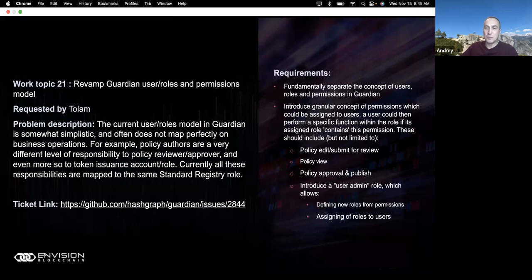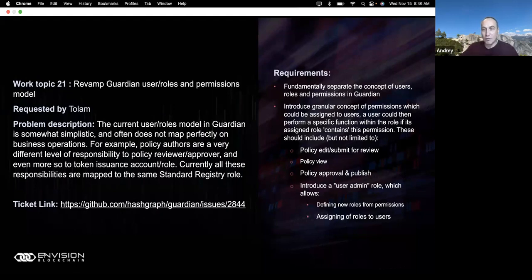Mostly what we need to do is to segregate roles. Like, the standard registry role currently does policy authoring and also approvals and so on. In the real world, that's not going to be the same individual, and not even the same group of individuals. It's likely going to be different departments altogether, and even the security requirements for key storage would probably be different.